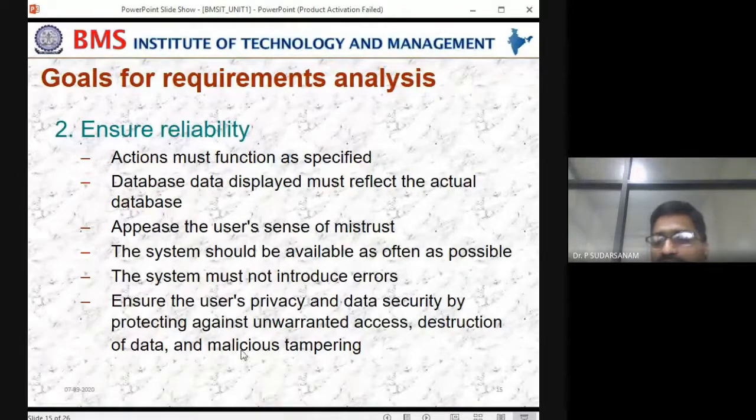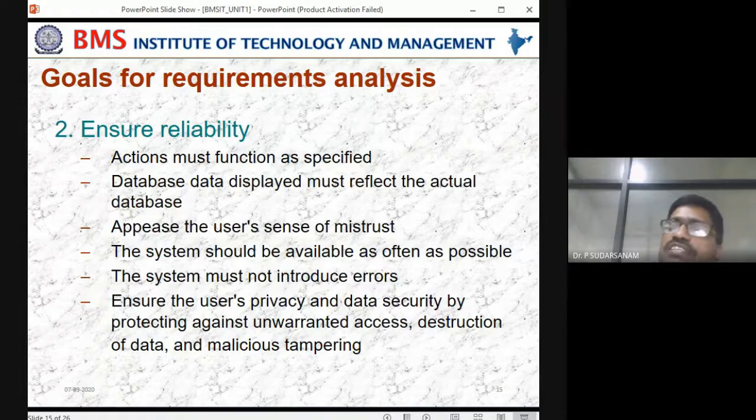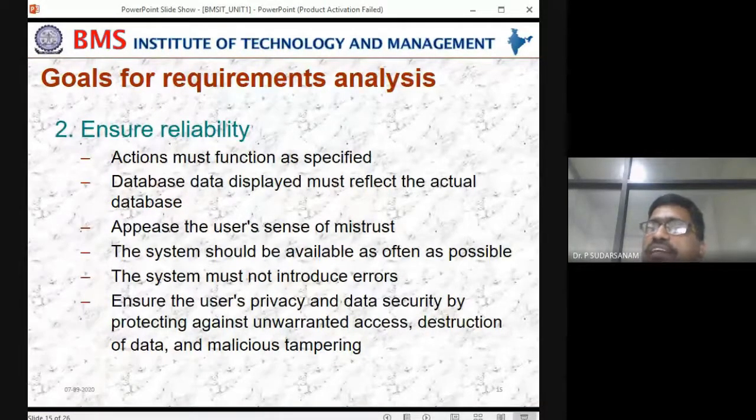Next, ensure the reliability. The UID also has to take more precautions. When connecting between the front end, back end, and database, they have to take care of reliability with respect to the customers, otherwise it is difficult.